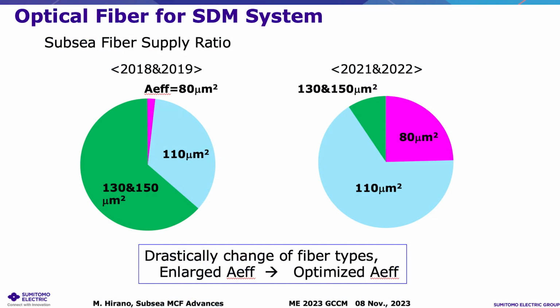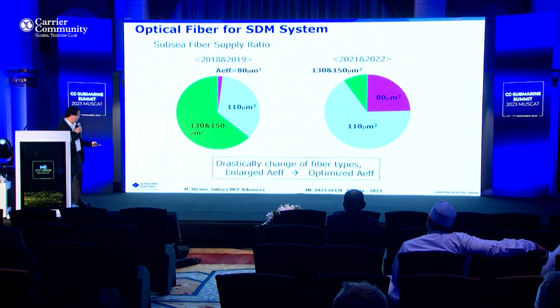Enlarged effective area fiber is the minority. Okay, so the 110 square micron and also the 80 square micron fiber became the majority. So this happens sometimes in the subsea industry: a dramatic change of the fiber types. So this is the difficulty of the subsea fiber industry. Okay, investment for the 130, 150 fiber, but just 2 years later, nothing. That's a difficulty. Okay, anyway,